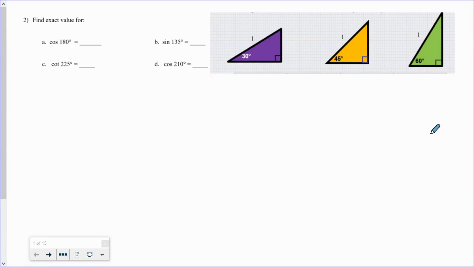Hey class, this video covers the requested problems from the Jamboard. One of the post-it notes was for problem 2, A through D. In order to answer this question, to look for the exact values, you need to know your special triangles,